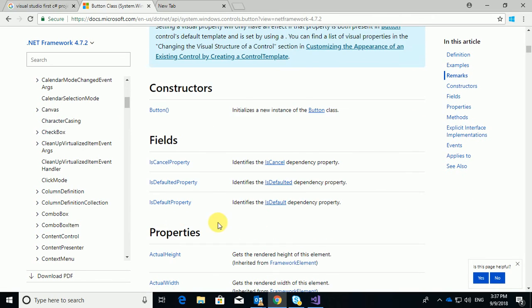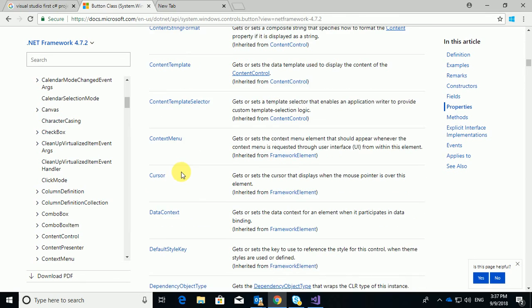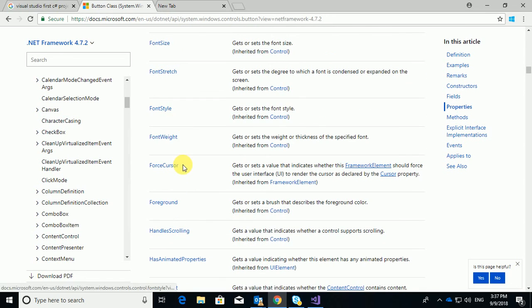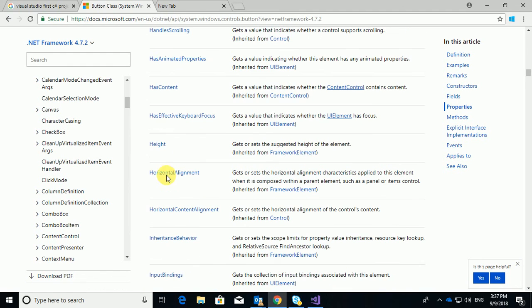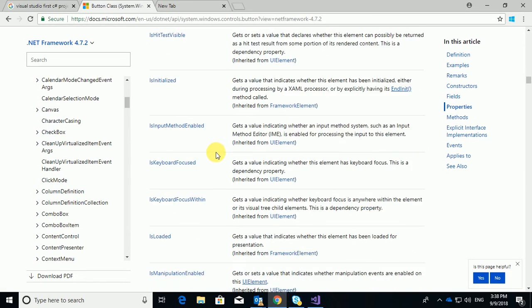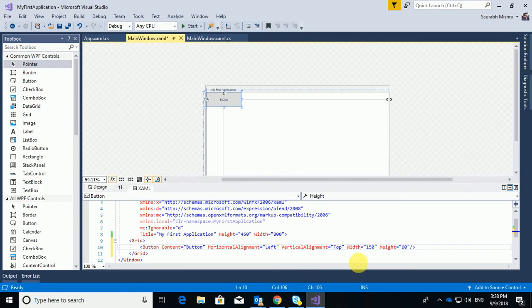Here you can see that Button has Content, Height, Width, FontStyle, Foreground, Background, and you can even understand the meaning of all those properties. As of now, I have given a height and width to my button, and the content here is Button, so I will make it Click Me.